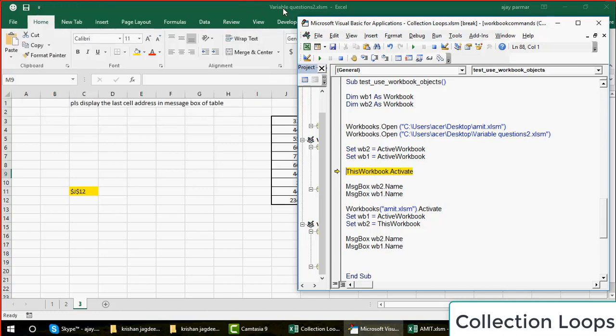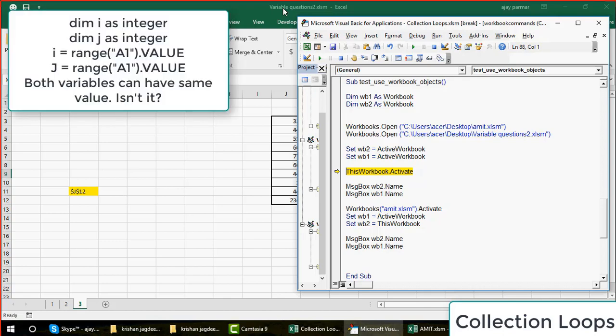Now for example, if you declare Dim i As Integer and Dim j As Integer, can we not say that i equals Range("A1").Value and j also equals Range("A1").Value? Is there any clash? The syntax is okay. I can refer the A1 cell to both the variables. What is the challenge? VB will not stop me saying that A1 value is already given to i, so why would I create another variable and give that value to it? It is not like that. You can declare four variables and write four variables equal to Range("A1").Value, if that is a requirement. That is what we are doing.